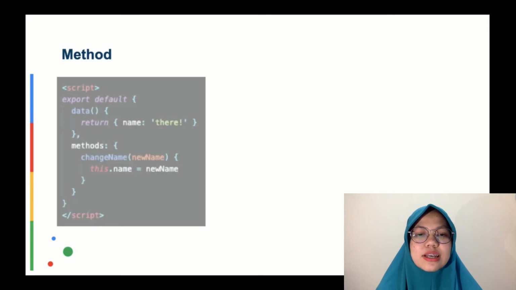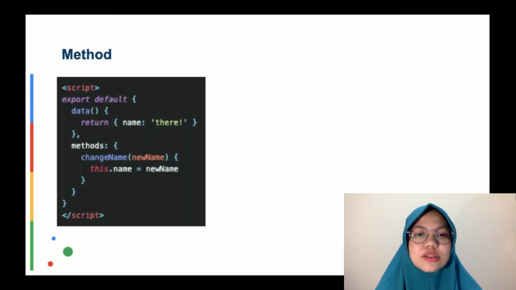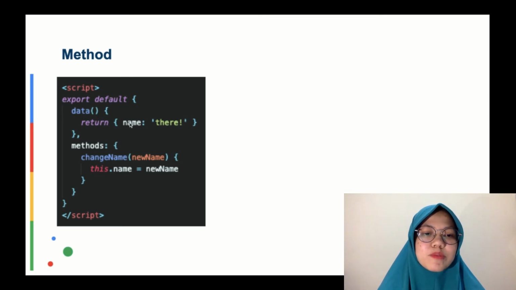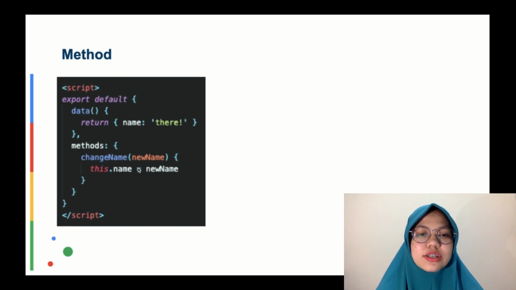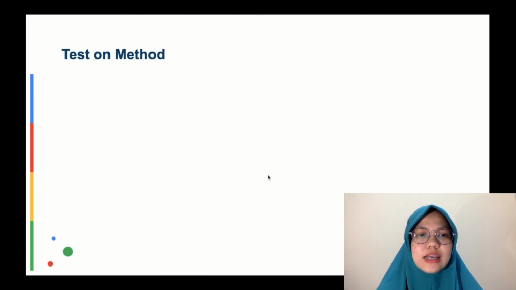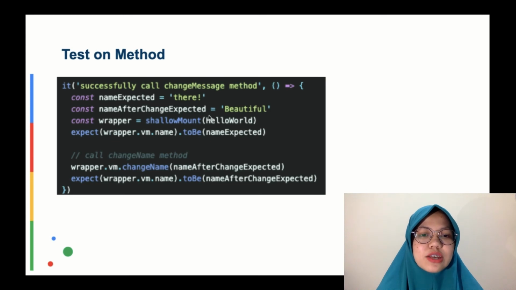Okay, now let's try when I want to unit test the method that I created. So before I have props name, and then I want to change the name by using the method that is called change name, and I have an argument or input new name. When I call this function or method, I want it to change the name, or this dot name, to new name, to the input that the function uses. And then the change name method is to change the value of name. So I test the method. First, I used